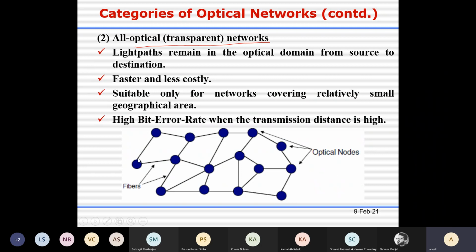First of all, you should have a good quality transmitter so that your transmission reach is at least 3500 kilometers. Even if you have this, at the receiving end your signal to noise ratio will be very low, or your BER will be large. So, high bit error rate when the transmission distance is high.